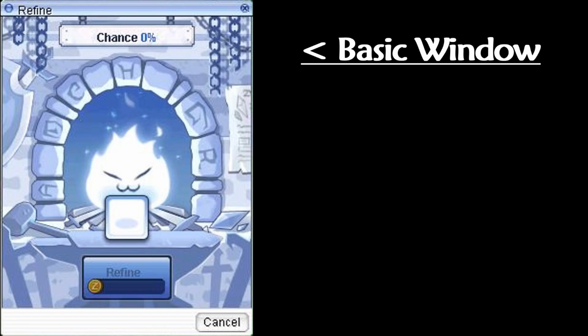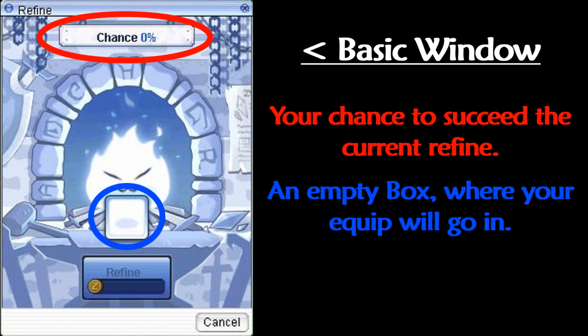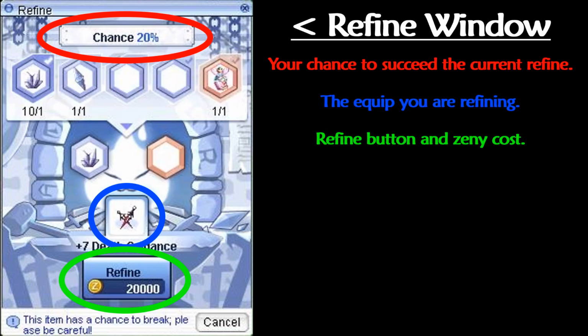When we talk to the NPC, this is the window that shows up. In the middle top, you can see your chance to succeed at the current refinement. Below that is an empty box, and below that is a slightly grayed out button that says Refine on it. We can drag or double click a piece of equipment that's in our inventory to put it into a box on the Refine window. There will be slots below the Refine chance that pop up, as well as 2 slots